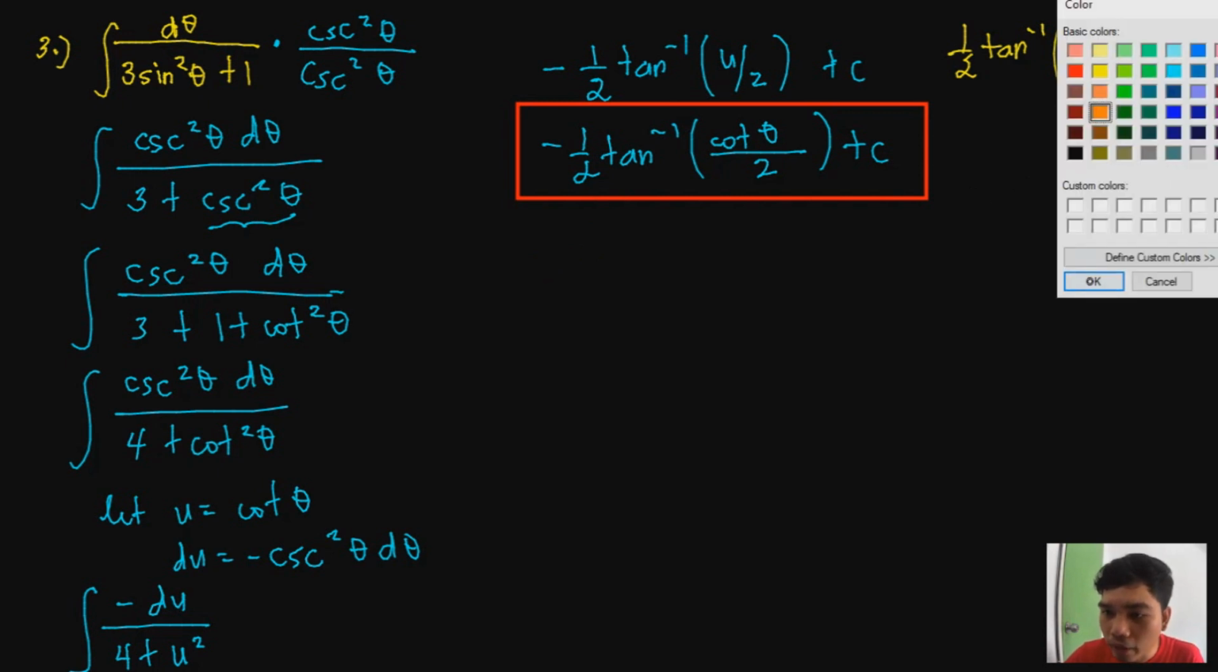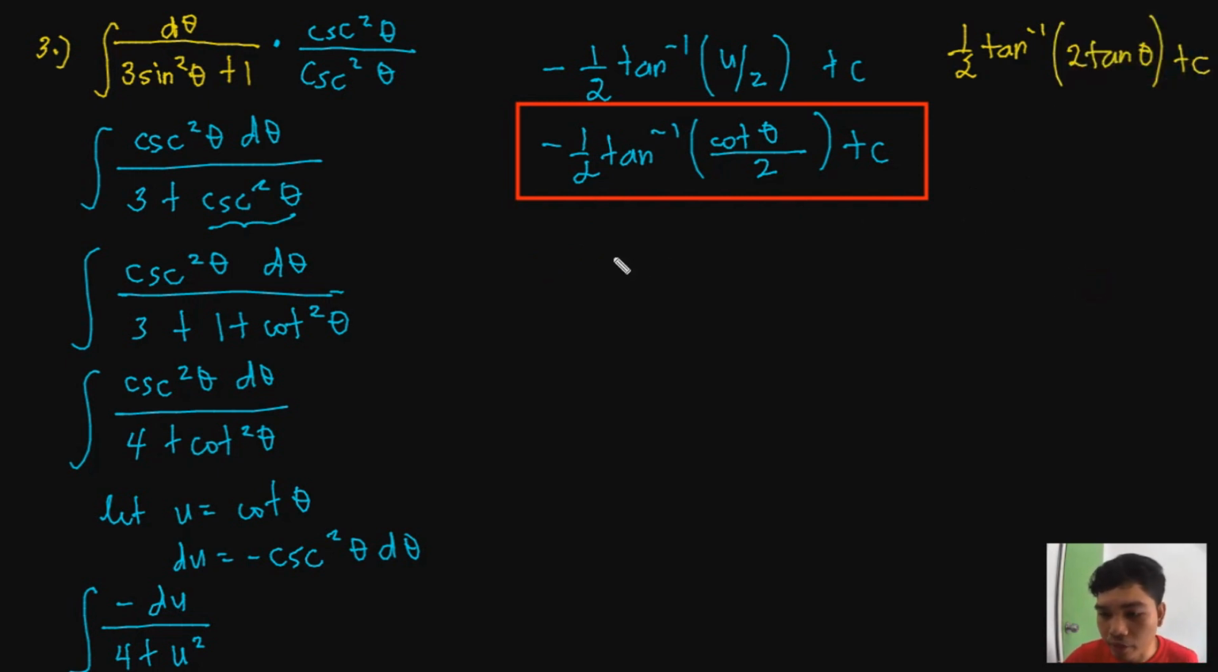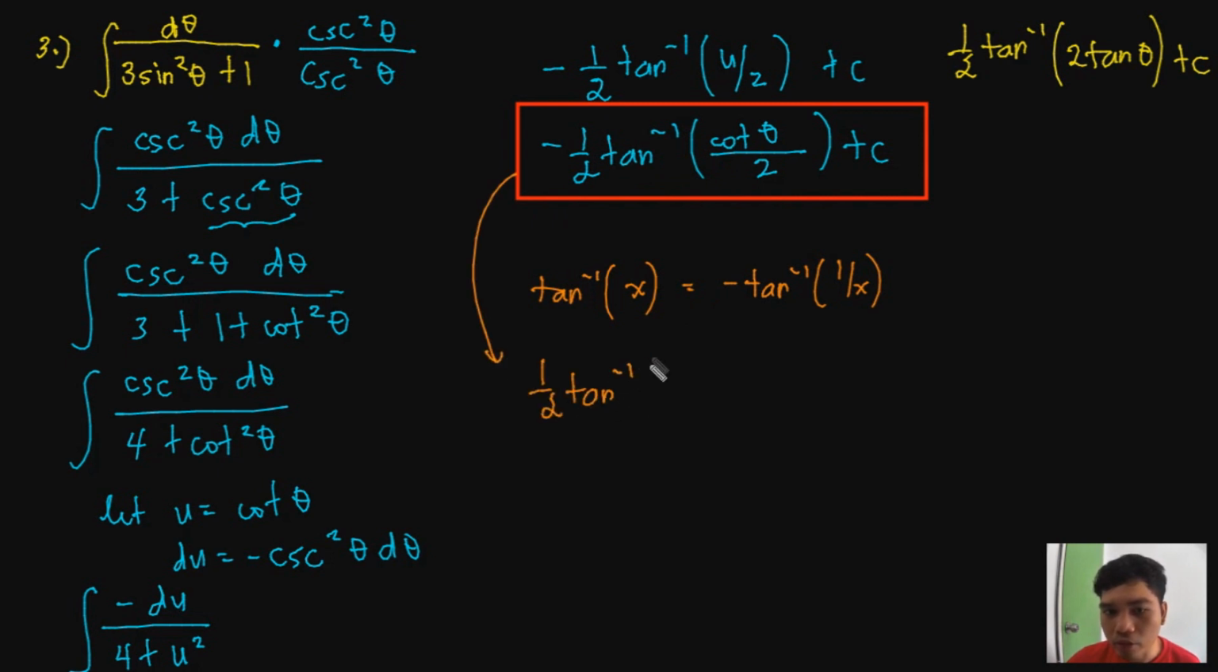If we're talking about angles with the same reference, from the positive x-axis, then the inverse tangent of x would be equal to the negative inverse tangent of 1 over x. So this would be the same thing naman. So if we'll try to apply that concept in this case, we'll be having positive 1/2 inverse tangent of